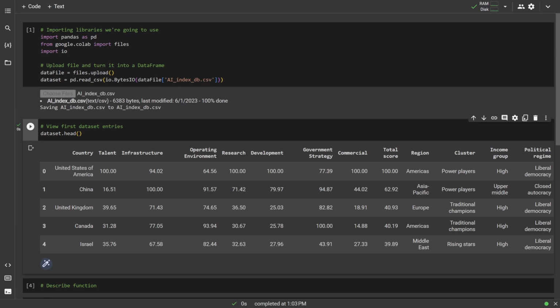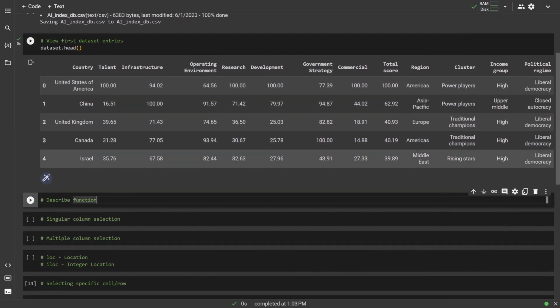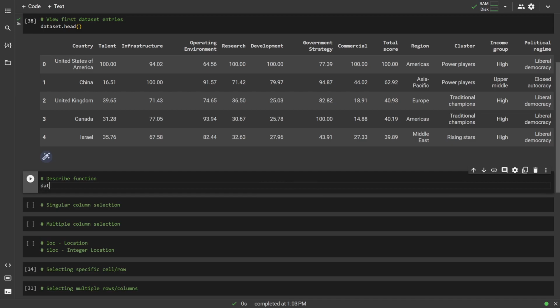We have all the code set up to load our dataset in and view it using the head function. And now we should look at the next step in the data process, which is using functions to help us view and select data that helps us better understand our dataset. Before we do any sort of manipulation of the dataset or explore any other functions, let's use an easy Pandas function that gives us a good overview of the dataset. So Pandas actually has a describe function that shows things like the mean, standard deviation, and percentiles of each variable in the dataset. So I'm going to scroll down here to where we have our describe function comment, and I'm just going to call